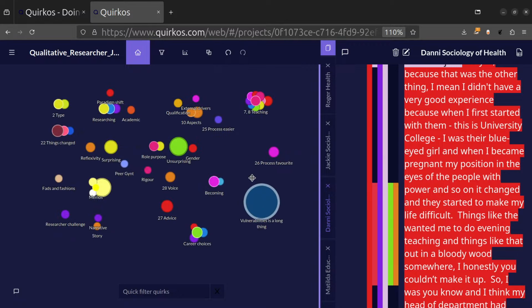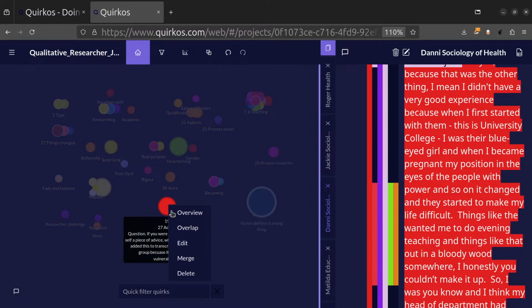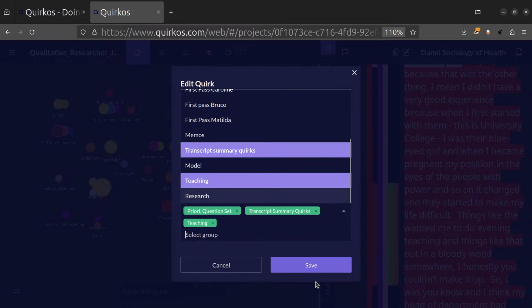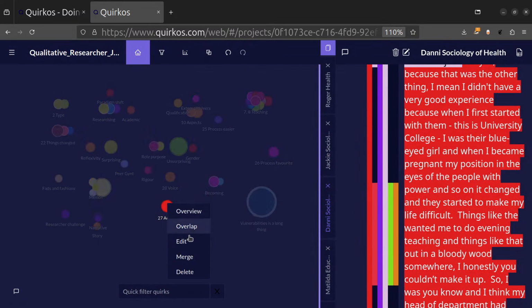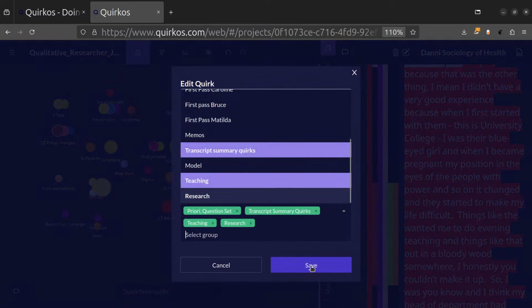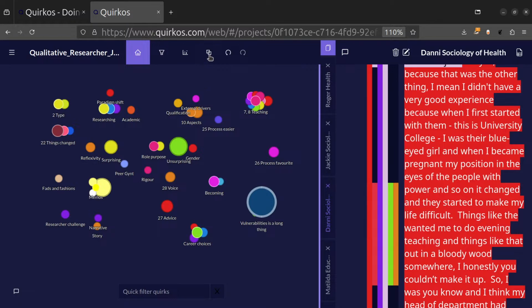But let's also put something like advice. So advice, maybe the advice here is, there's advice about teaching, but this also contains advice about research. So let's put it in both of those groups. Okay. So now with the groups, we can turn off and on groups, and that helps us to filter this